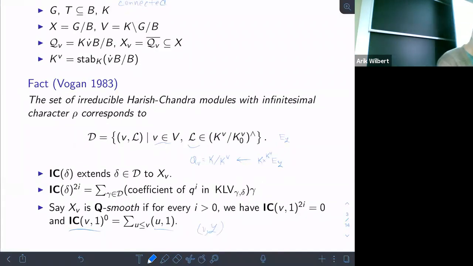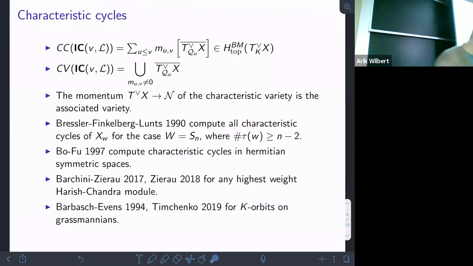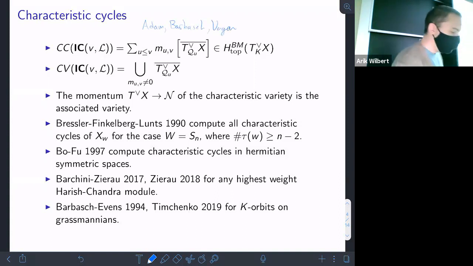Okay, so we're studying Harish-Chandra modules here. A basic invariant of Harish-Chandra modules is the characteristic cycle. A good reference for this is Adams, Barbasch, and Vogan's book on the Langlands classification of real reductive groups. They define the characteristic cycle and use it to study Arthur's conjectures, unipotent representations, and the unitary dual, and